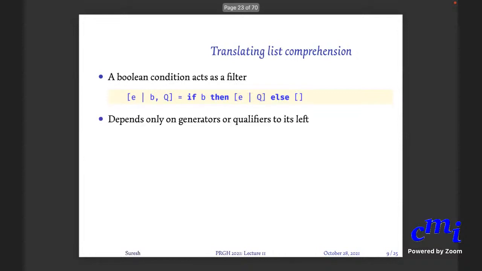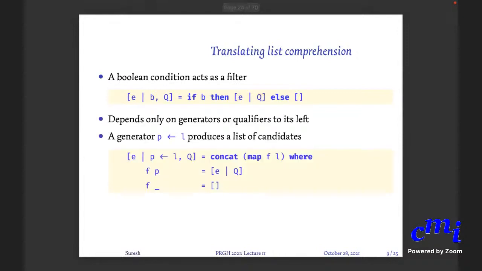If your first thing is a generator, note that B depends only on generators to its left. It shouldn't depend on things to its right. Now, if it's a generator, then this is what you do. Remember that the only subtlety here is that the generator has a pattern. You can have a pattern here and not just a variable.